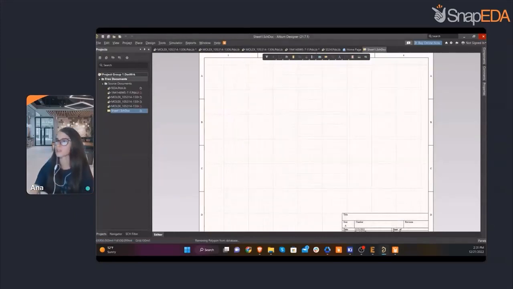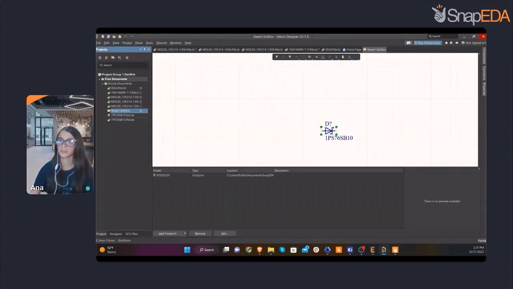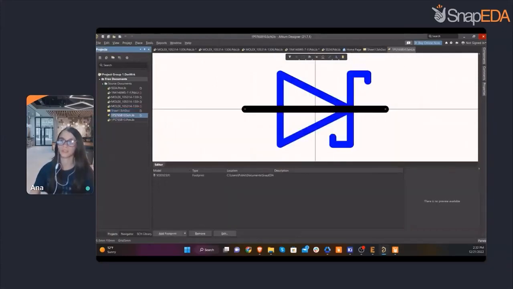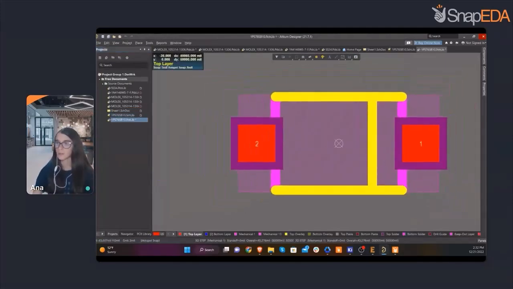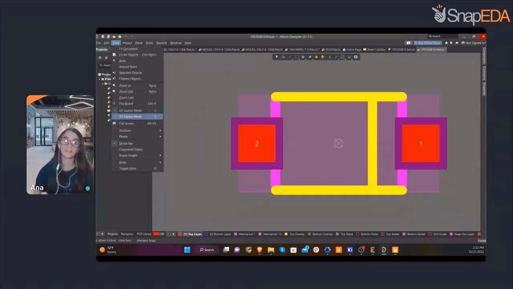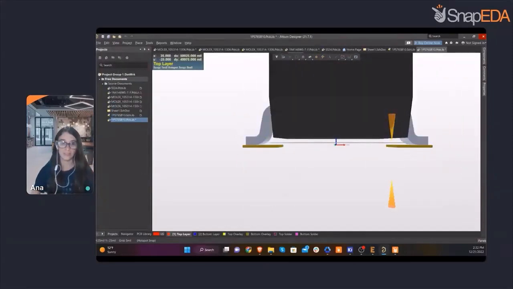And once this is done, you can just click on your schematic, and here we go. So here is my symbol, and you can also see the footprint. So it got downloaded, the symbol and the footprint. And that's it. Now the file is downloaded, ready to use. If there is a 3D model available, this has been downloaded as well. You can just click here to see the 3D model, and that's it.